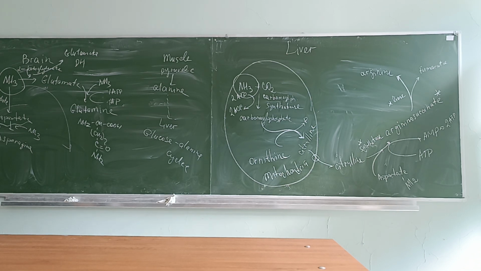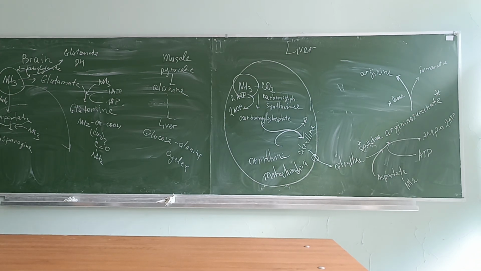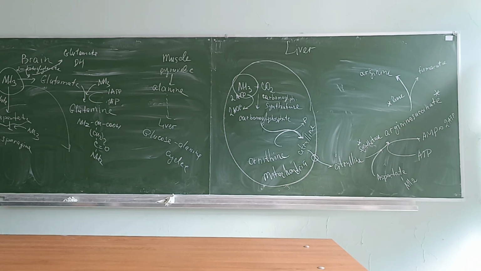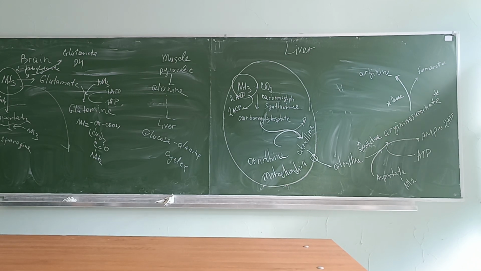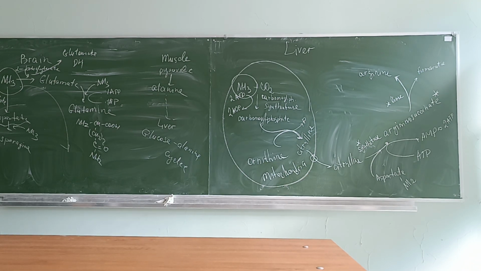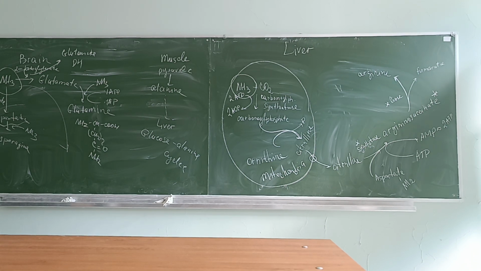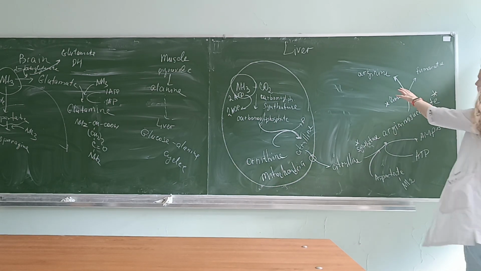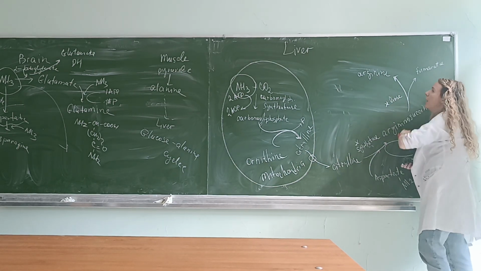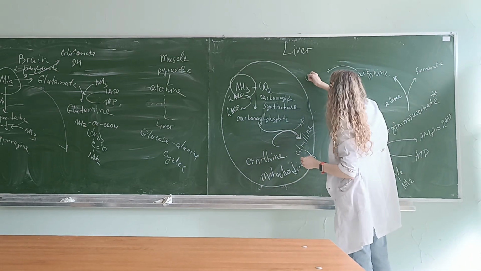In childhood, arginine is semi-essential. What does it mean? The amount that we synthesize in the urea cycle is not enough for protein formation. That's why in childhood we need to take arginine as a food source, with meat and some other products. But in an adult organism, arginine can be produced by the cycle, if we are healthy persons. It is a proteinogenic, semi-essential amino acid. Arginine will convert to ornithine.